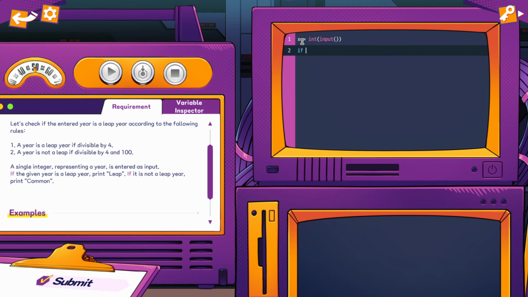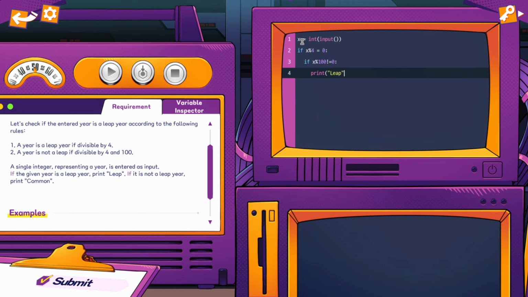And then if x modulo 4 equals 0, then we need another if x modulo 100 equals 0. You know what, let's go not equal to 0. Then we will print